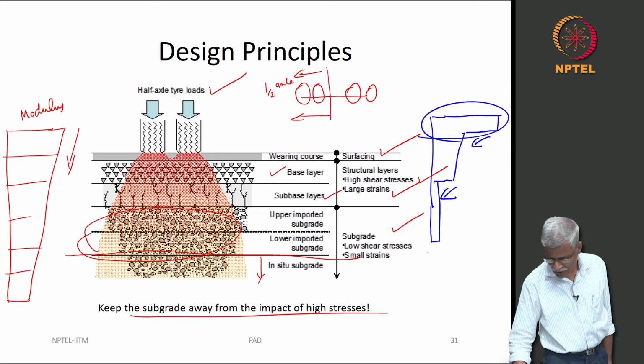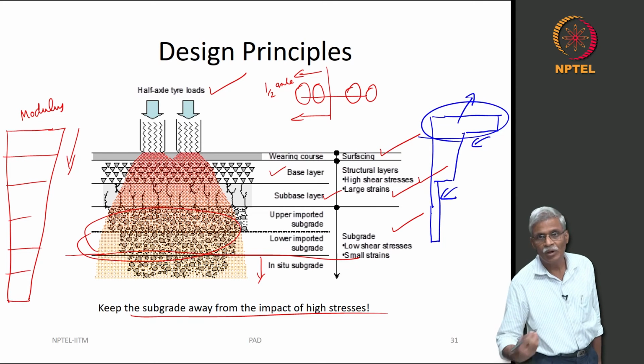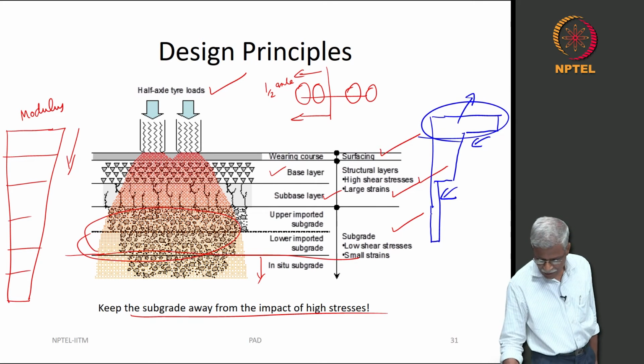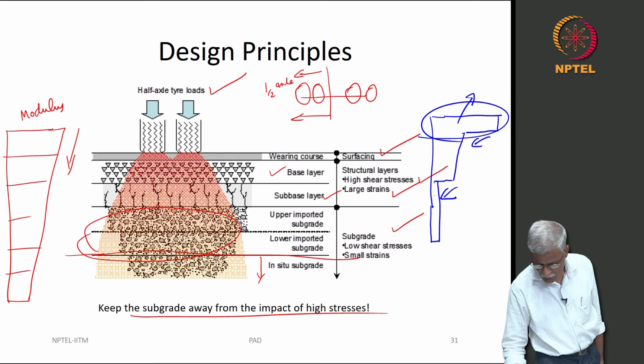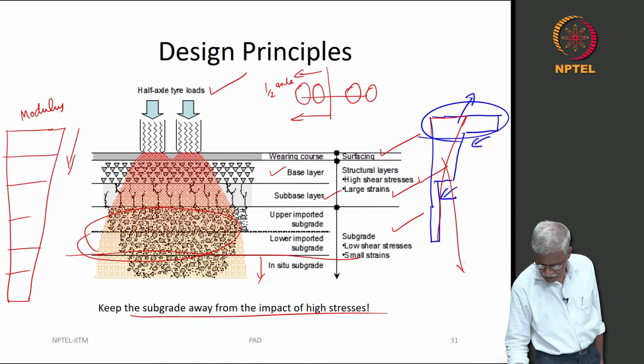So, most of the layers that you see here can actually take more stresses than what they have to, and because of this there will be a deterioration. So, after some point of time what you will see is it has become something like this. So, this is called